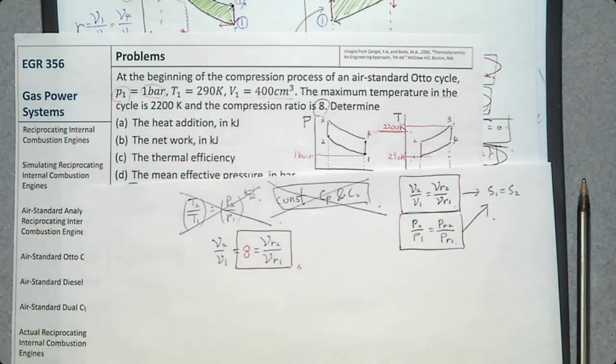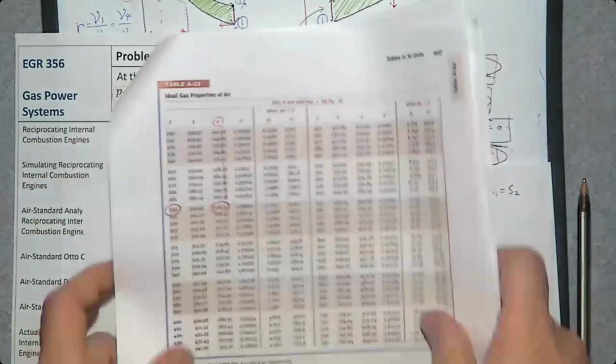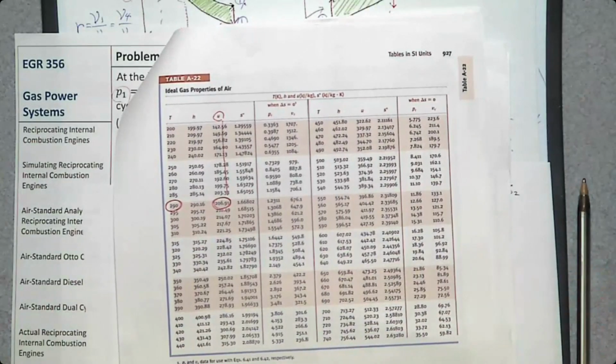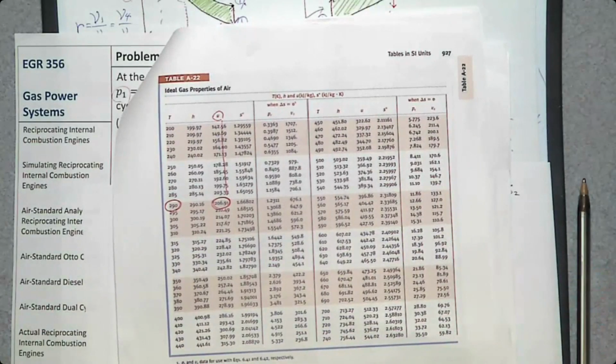So this is the equation that we are going to use. Then what is VR? VR can be found from the same table, table A22. If you go here, this is table A22. There's a PR, and this one is VR. So what is VR at state number 1? At state number 1, the temperature was 290, so you can find VR,